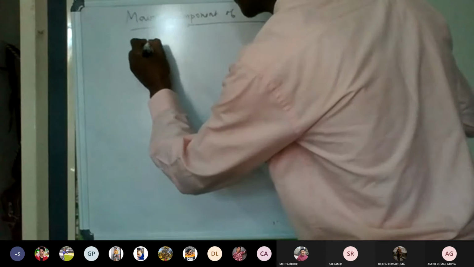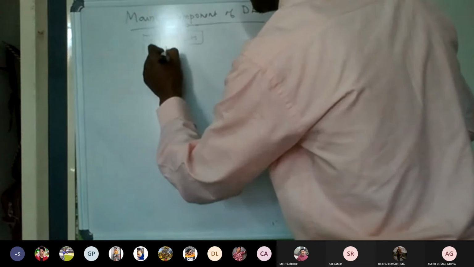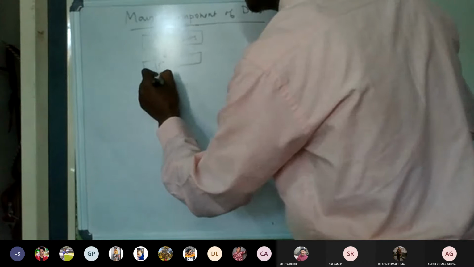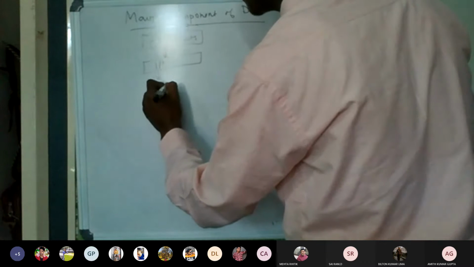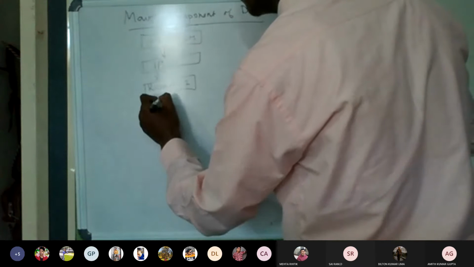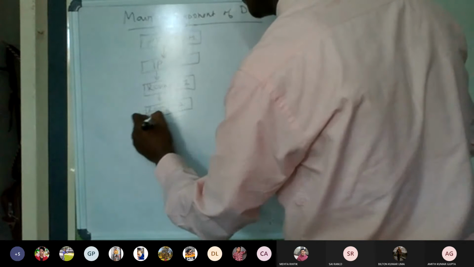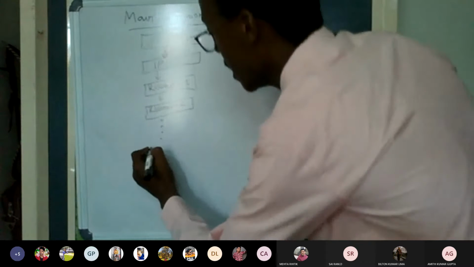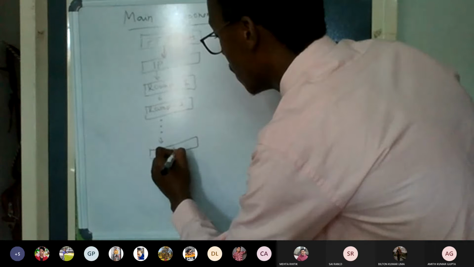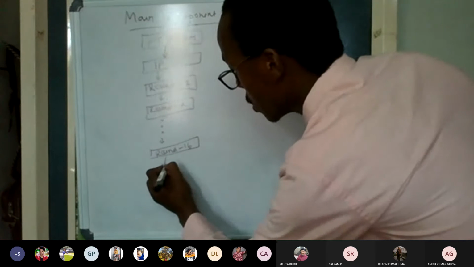We started from plain text, PT, of 64 bits, and it goes to the IP, initial permutation. The initial permutation is going to go to the rounds. We start the rounds. This is going to be round 1. This is going to be round 2. How many rounds do we have here? We have 16 rounds, till we reach the 16th round. Once we reach round 16, it is going to pass to another stage called